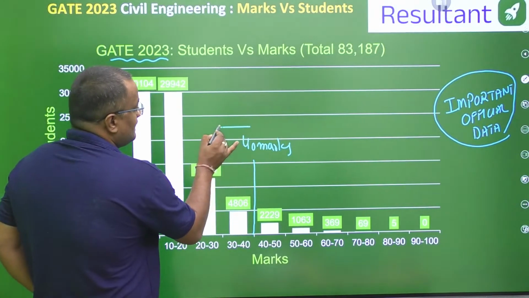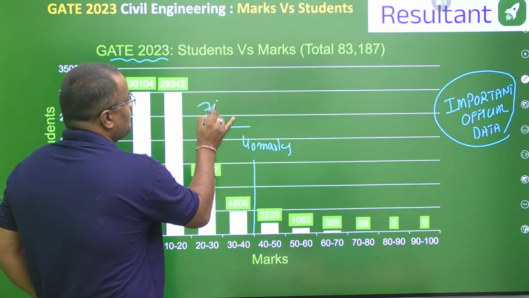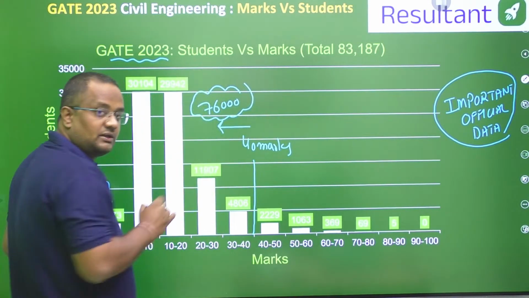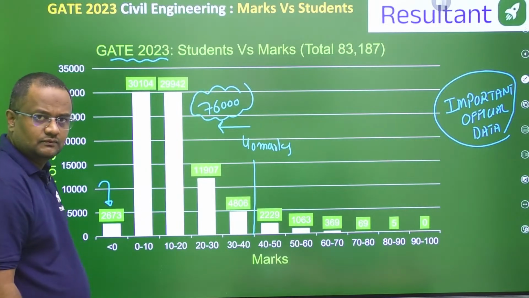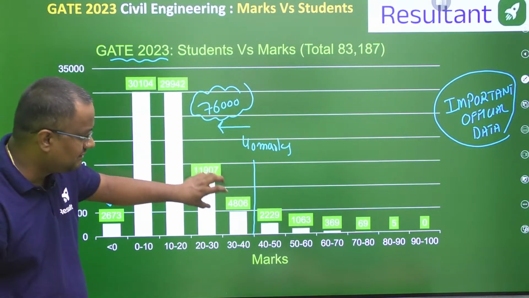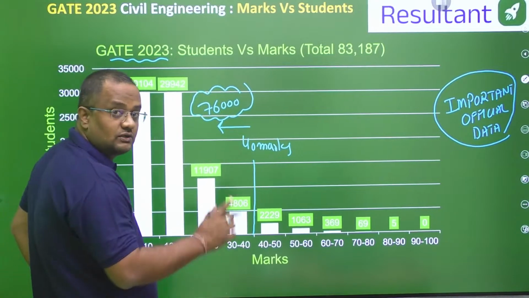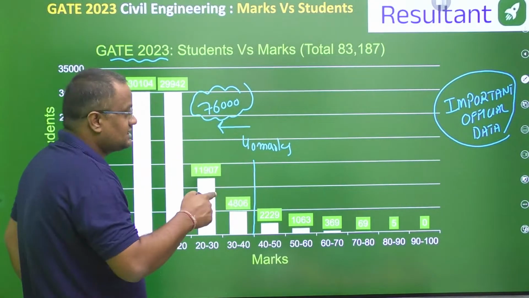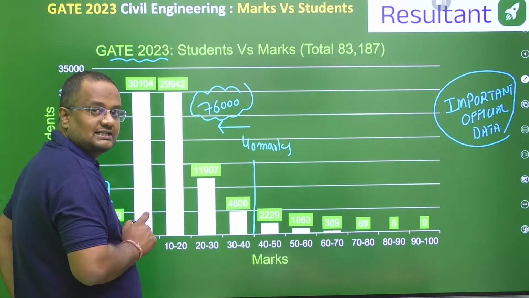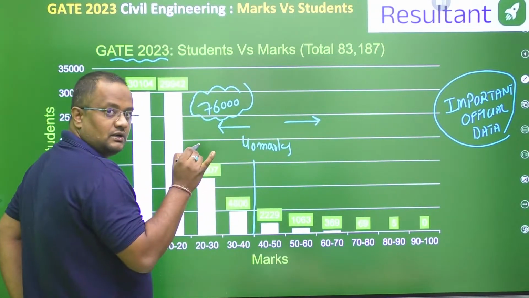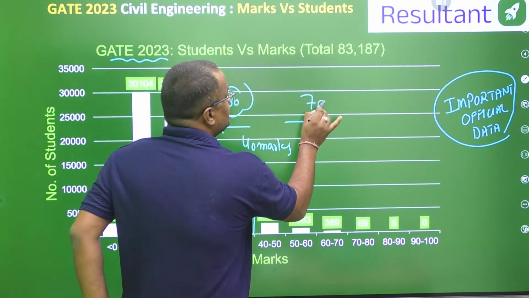That means 76,000 students got less than 40 marks approximately. Out of 83,000 students who appeared for the examination, 76,000 are getting less than 40 marks, and only 7,000 students are getting